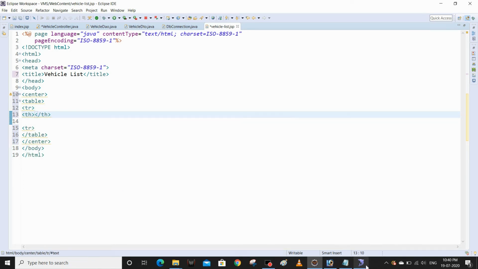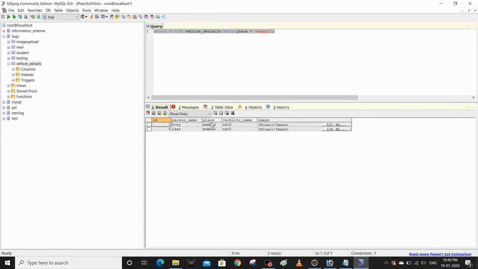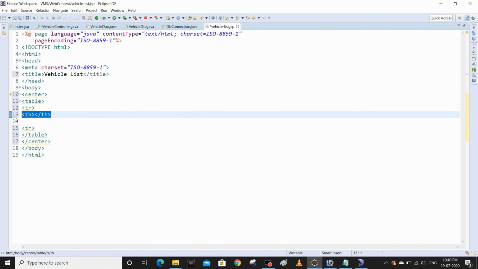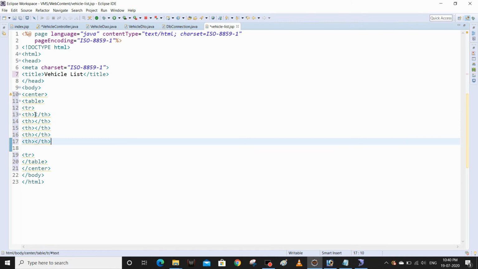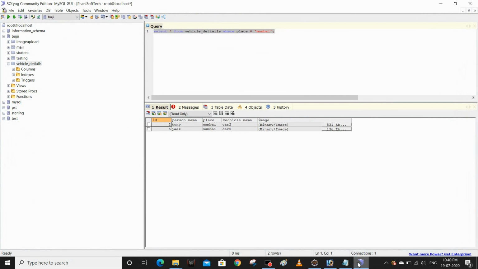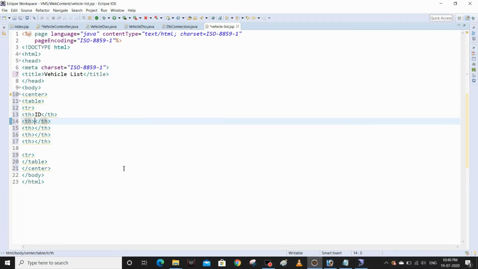How many headings do we have? 1, 2, 3, 4, 5. So I need 5 THs. Control C, Control V, Control V, Control V, Control V. The first one is ID. The second one is person name.